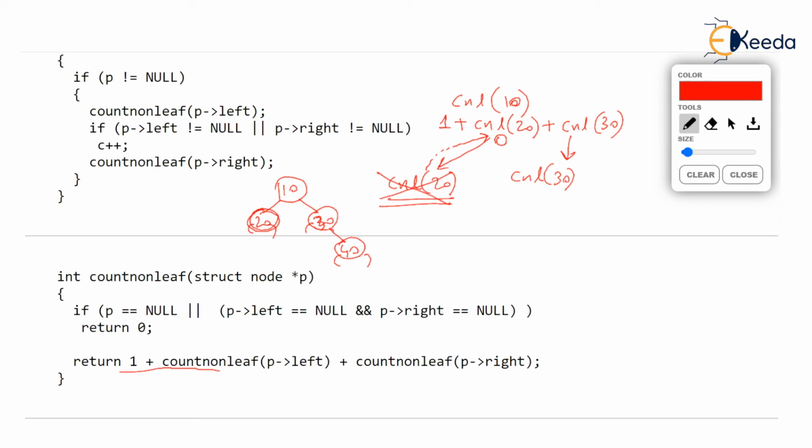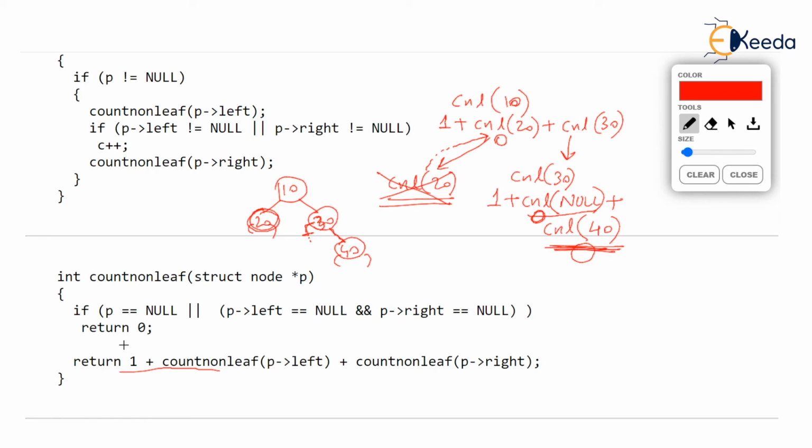And I will call count non-leaf for my left subtree, and I will inquire how many non-leaf nodes are towards my left. But you observe left of 30 is null, isn't it? Check the diagram, left of 30 is null. And I will add how many non-leaves are towards my right, and the right child is 40. So what is count non-leaf null going to do? It's going to return 0. Check the function. And what is count non-leaf 40 going to do? Notice when count non-leaf 40 runs, it's a leaf, so it's going to return 0.